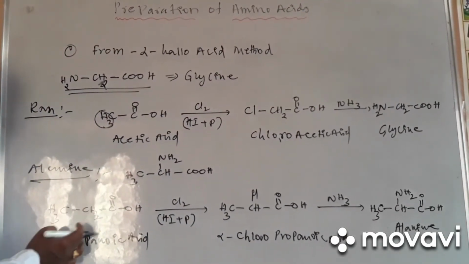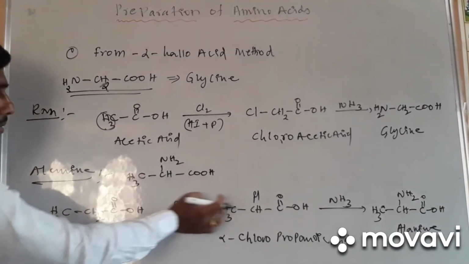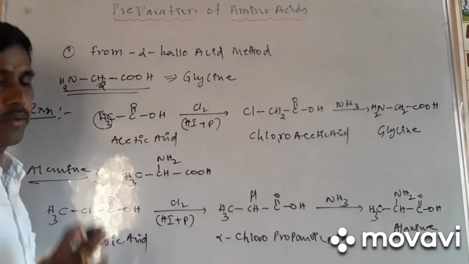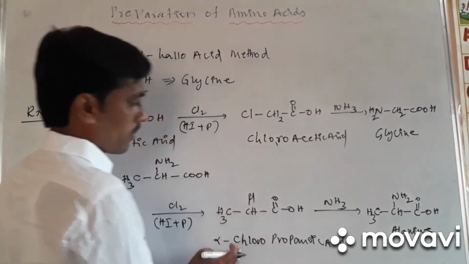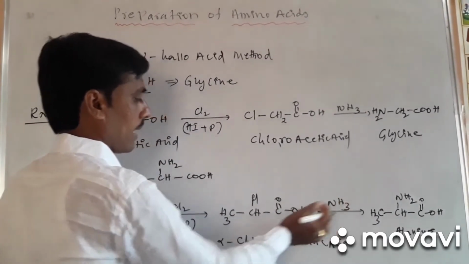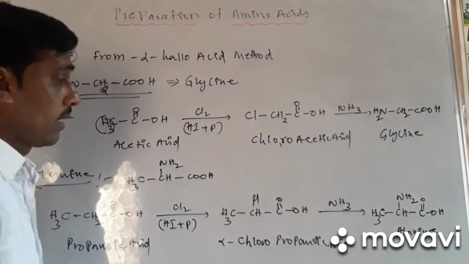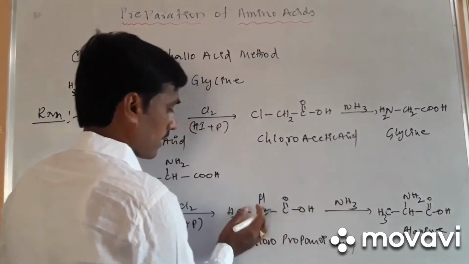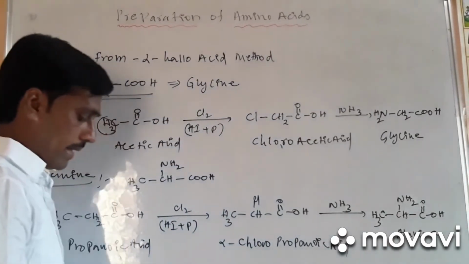In this, there are two alpha hydrogen atoms. This alpha hydrogen atom reacts with chlorine molecule to produce chloro acid. Another hydrogen atom reacts with another atom of chlorine, eliminating hydrogen chloride. Next, this alpha chloropropanoic acid reacts with ammonia. The ammonia contains 3 hydrogens. One of the hydrogen atoms reacts with the chlorine atom, eliminating hydrogen chloride. The NH2 minus molecule reacts with the carbocation to produce alanine. This is the reaction condition.